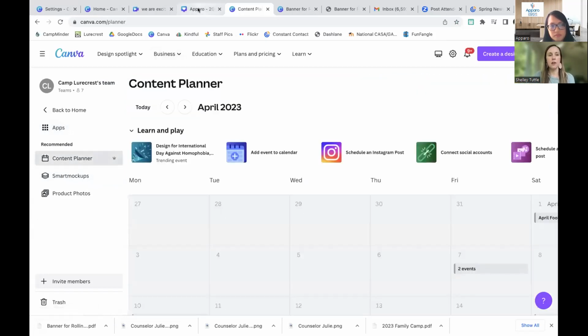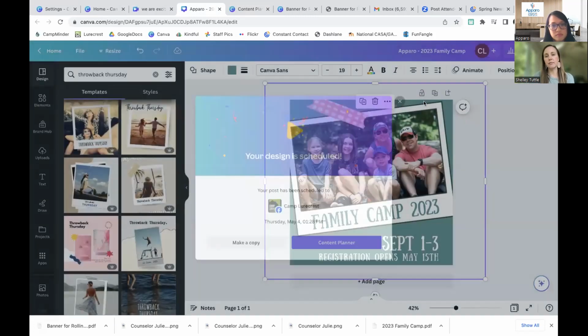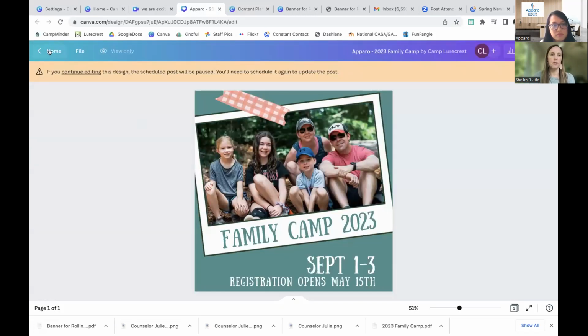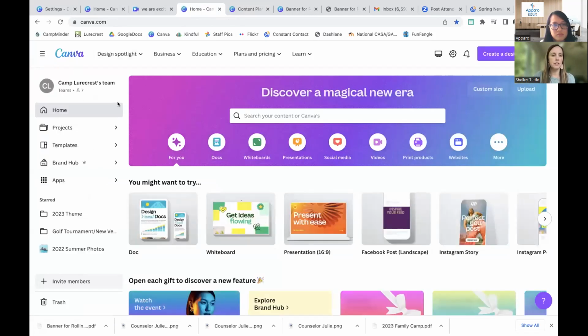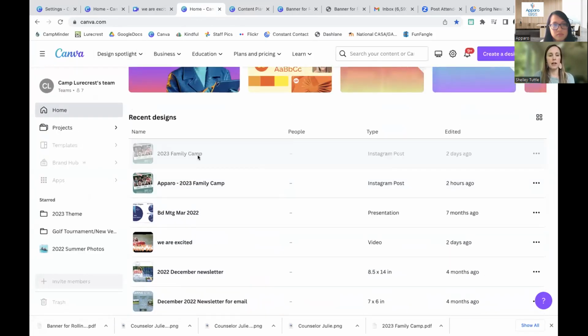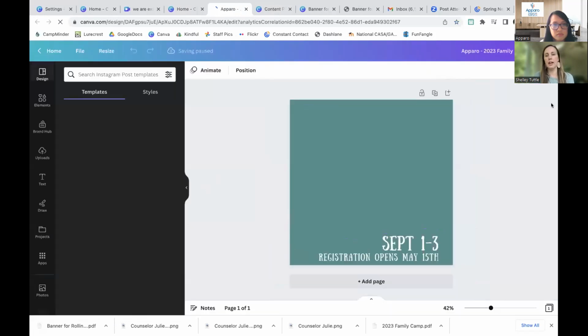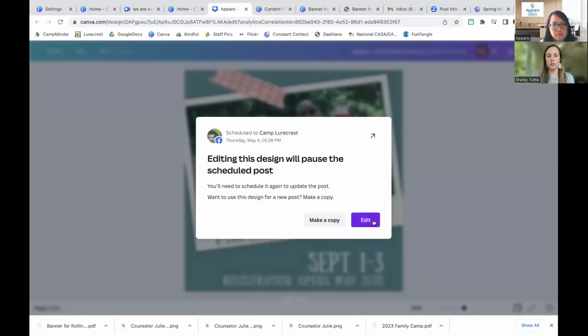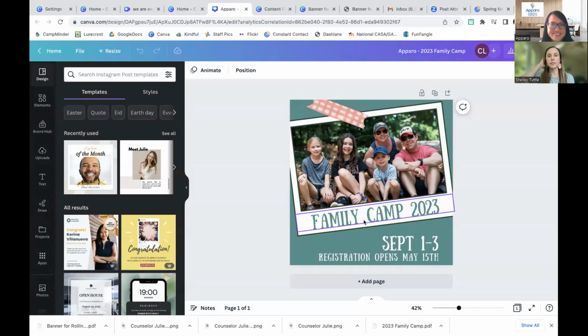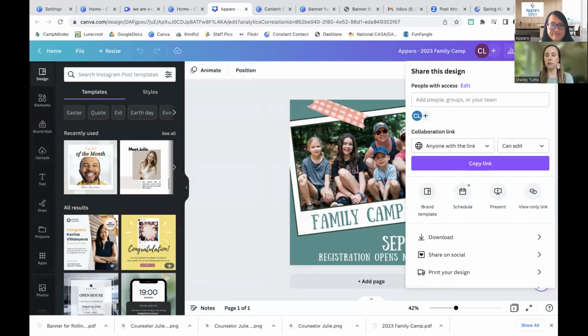The other way we got there was from the actual design. Oops, sorry about that. From the design, I'm going to open this one, and editing design will pause the scheduled post. So it's saying this design is already scheduled. If you edit it now, then you're going to have to reschedule it. So let's do that, because I want to be able to edit it. We also got to it from over here under share and then schedule with the little